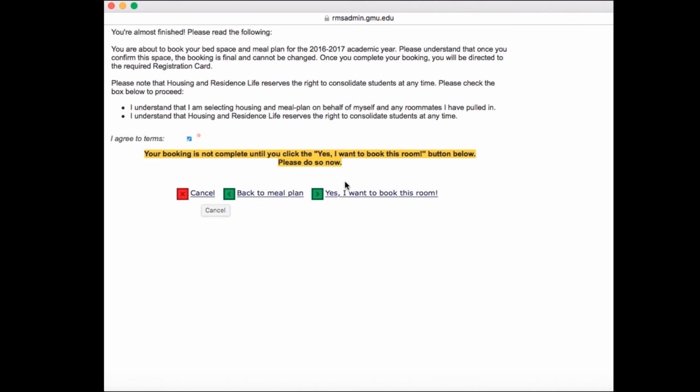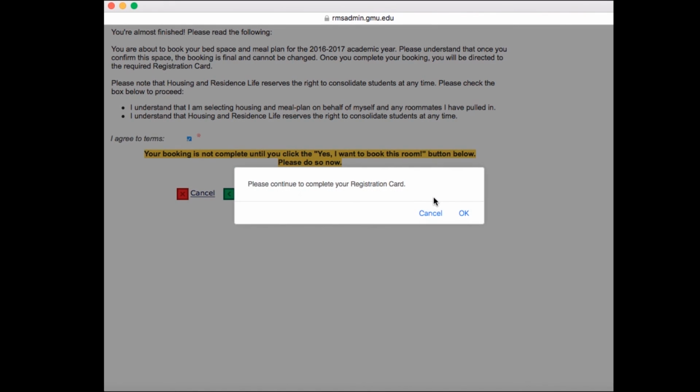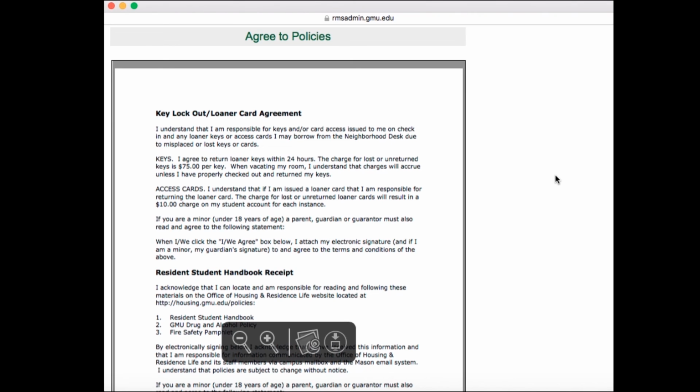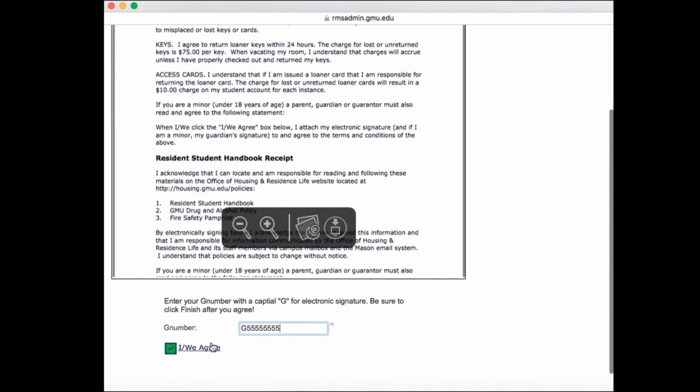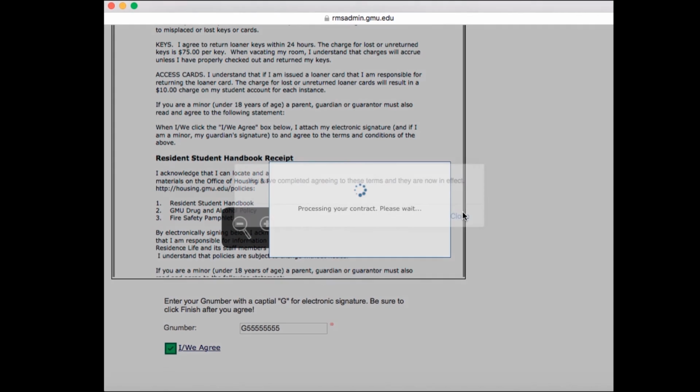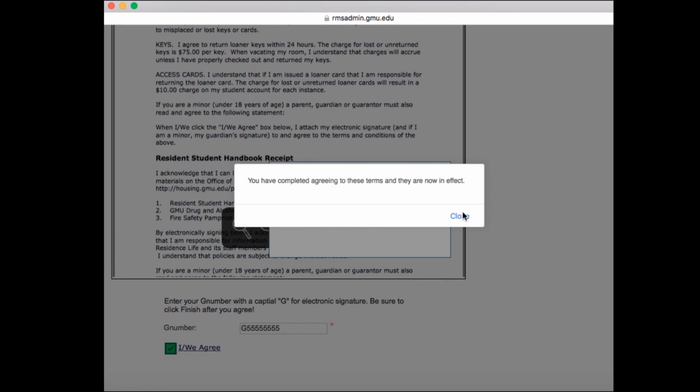Once you click the Yes, I want to book this room button, a small screen will pop up that states you will be redirected to the registration card. You are required to fill out the registration card as part of your housing selection. Please fill out the information to the best of your knowledge and click I agree to the terms at the bottom of the page. Once you have clicked I agree, you will see a message congratulating you on your room assignment. That's it! You just selected your housing for the